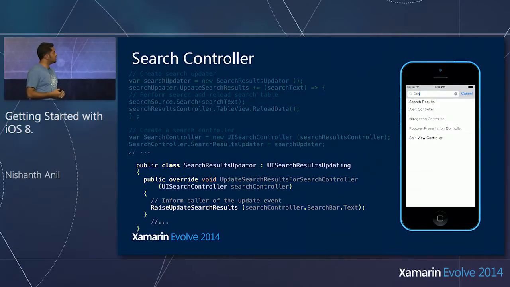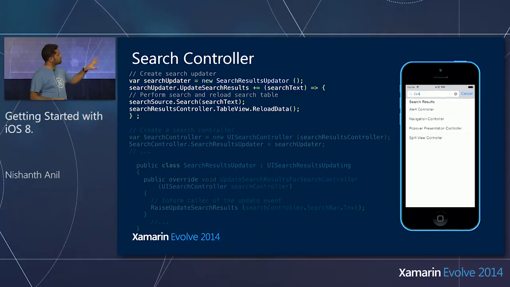Now, here's the code. The first thing that you're going to do is subclass search results updater, and then you will have the method update search results for search controller. Now, what you see is raise update search results. That's because I have an event, right? I'm raising that event so that I can handle the search results at a much higher level. So here's how you do it. There's the event that updates search results that I'm subscribing to. And when the search happens, I'm updating my search source, which finally gets reflected on the search results